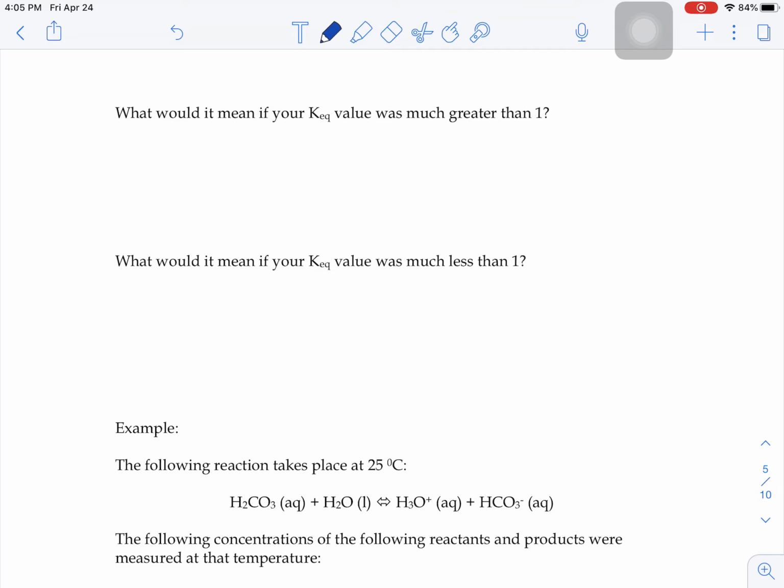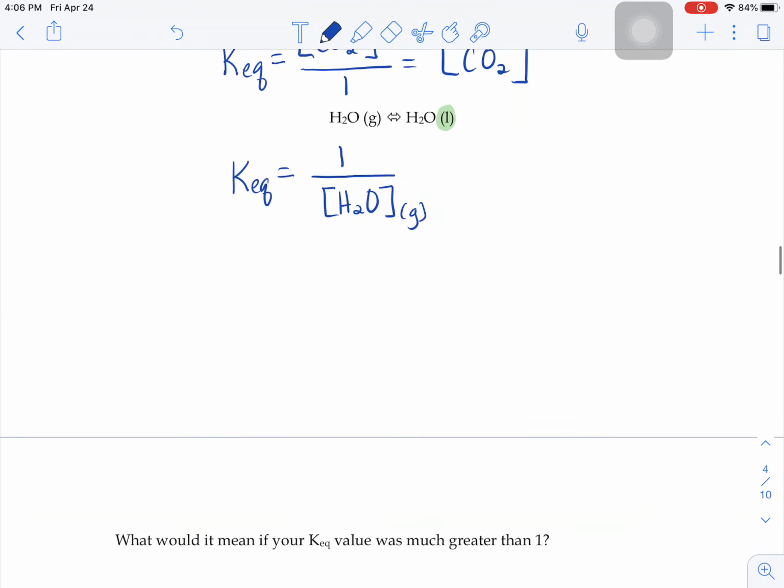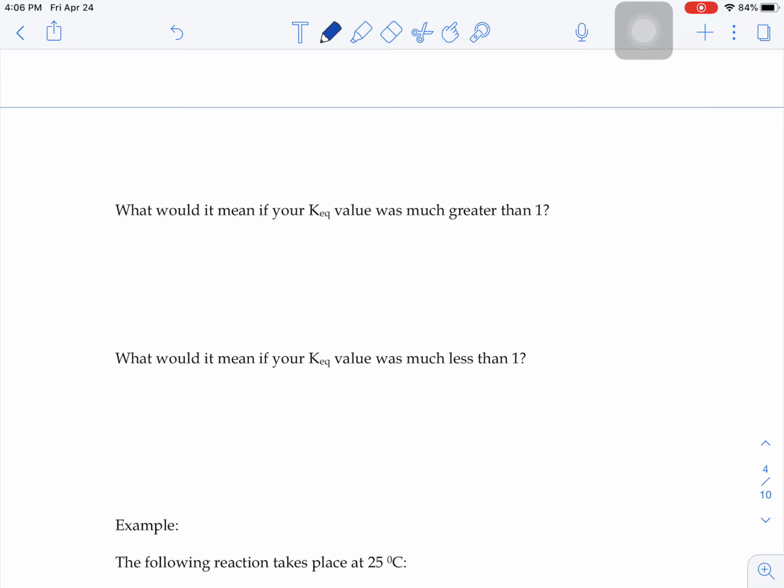So we just learned how to write equilibrium expressions. But what do they mean when you go to calculate them? If you go to plug in numbers, those concentrations of your carbon dioxide or of your steam, and you find a number, what does that number tell you? Well, if you had a KEQ value that was much greater than 1, what that means is, if we think